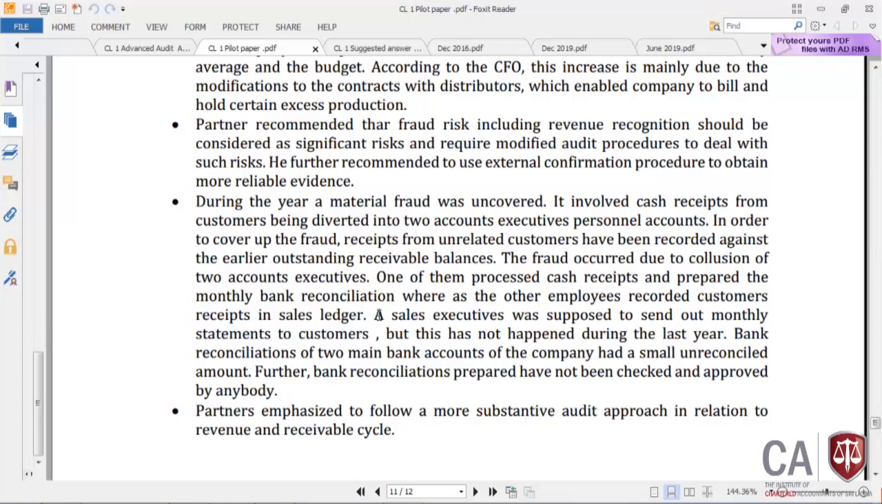This is a very common fraud that takes place in business organizations. We call this, in auditing, teeming and lading. So you are diverting the receipt into another bank account and filling the gap from the other accounts. One of them processed cash receipts and prepared the monthly bank reconciliation, whereas the other employee recorded customer receipts in the sales ledger. Now, up to this point,